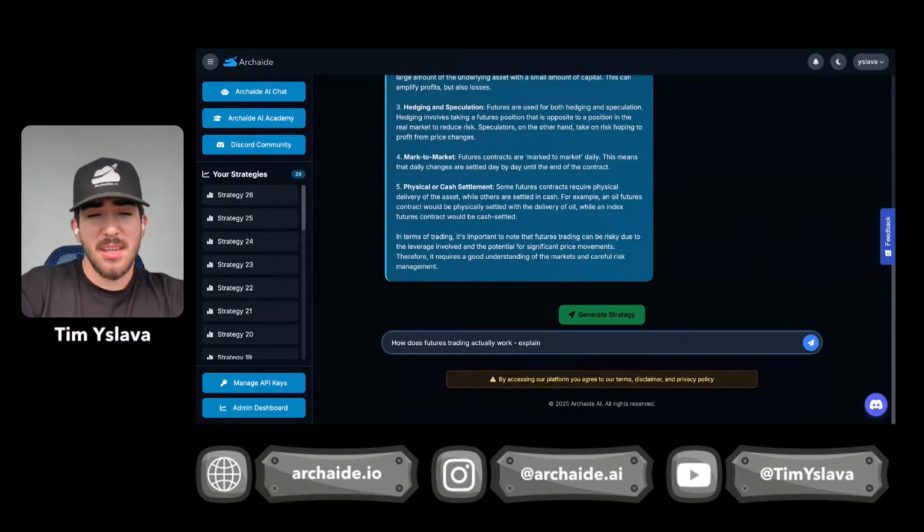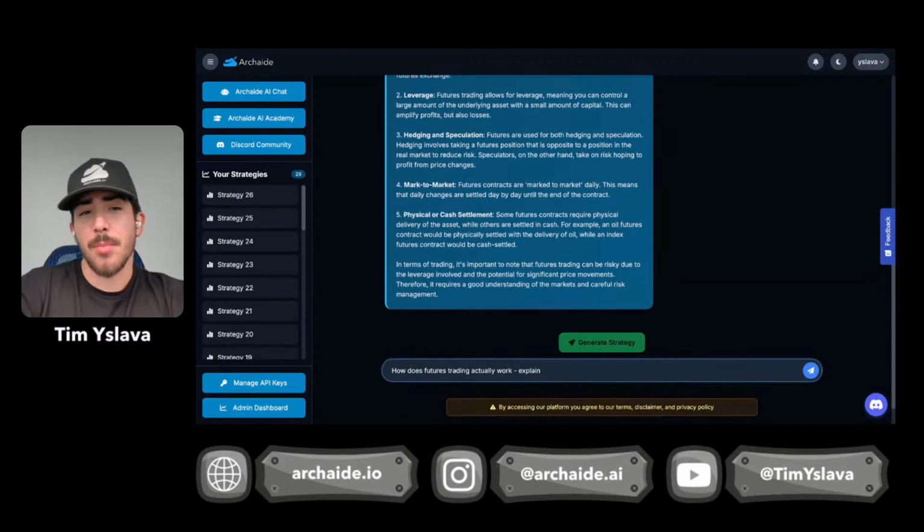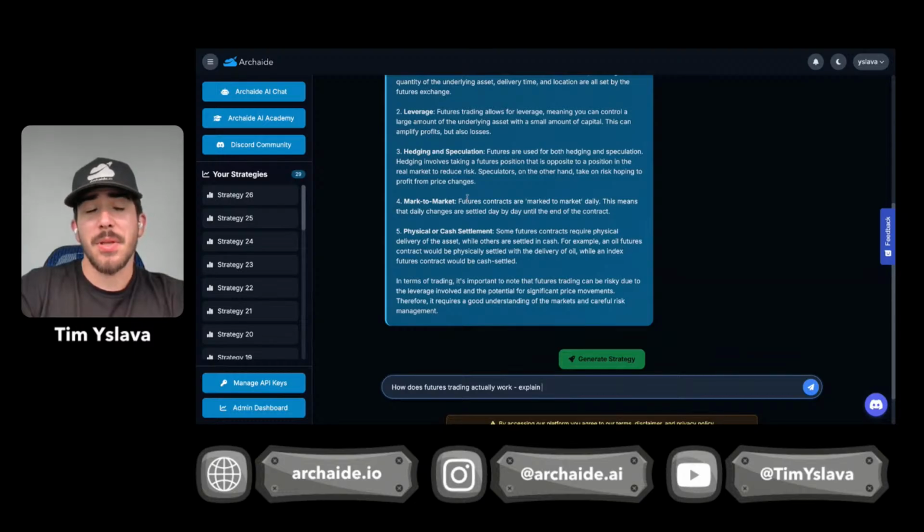And again, this is AI. So if I have any questions on any of these topics, or I want it explained in a way I can understand, I just need to literally ask the question. So let's say you want a deeper dive on mark to market, you just ask it to explain it more deeply and it will explain it more deeply.